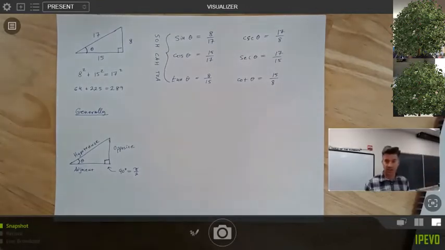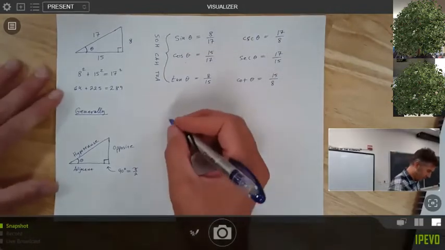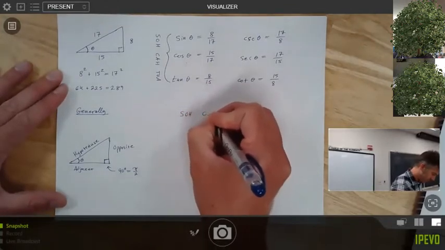The adjacent is always the side that's next to the angle that isn't the hypotenuse, and the opposite is always the side that's not touching it. Okay, and then, yes, we exactly have SOHCAHTOA,